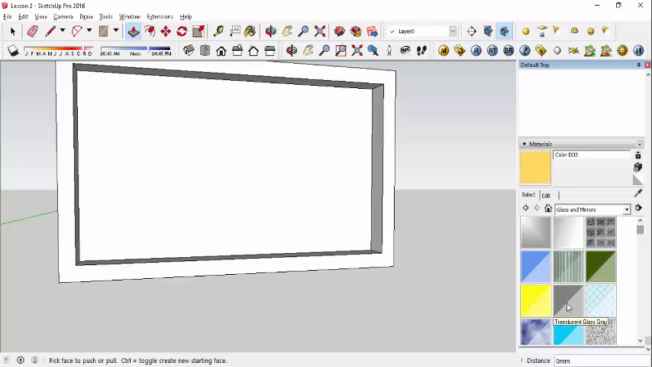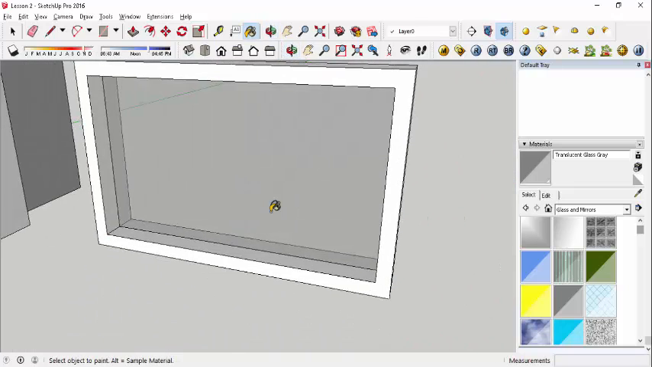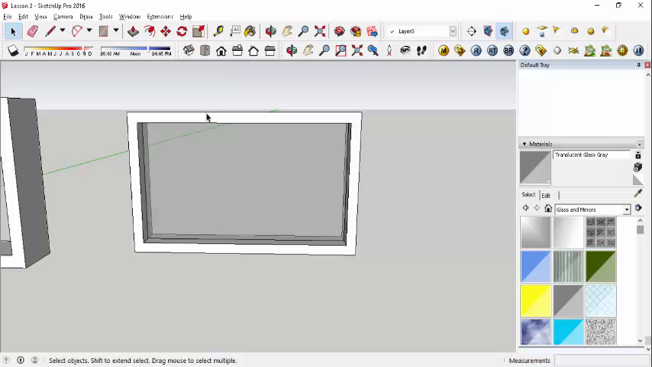I usually use this one, the translucent gray. So click this and then click here. As you can see, that one changed into a translucent gray. Okay, now that we have that,